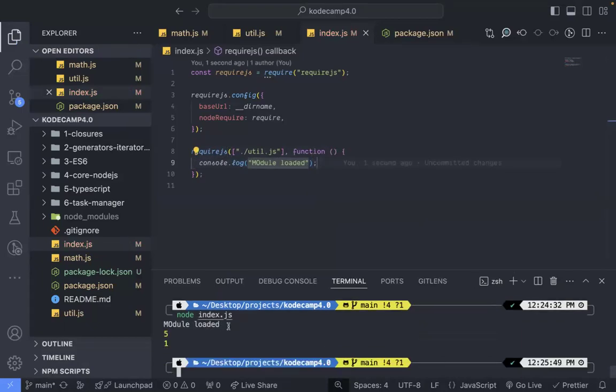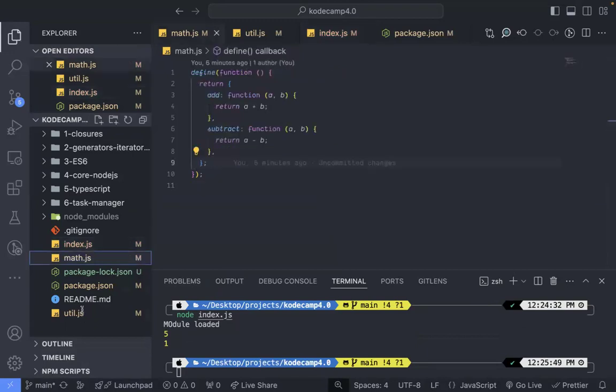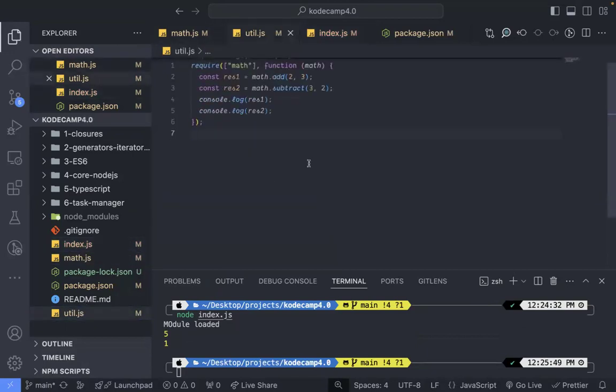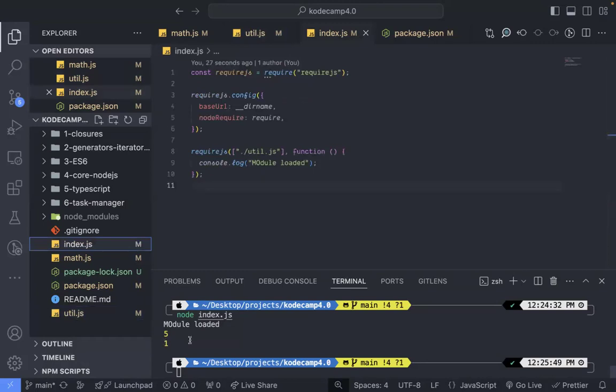Okay, so this time around, you can see module loaded, and we'll see 5 and 1 because in our maths, 2 plus 3 will give us 5 and 3 minus 2 will give us 1. So that's the reason why we're seeing this. Before we saw this 5 and 1 result, we actually saw the callback function execute before this file was loaded. So